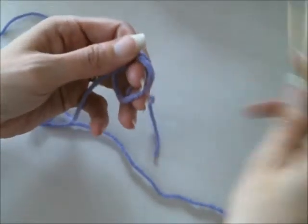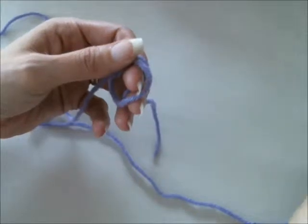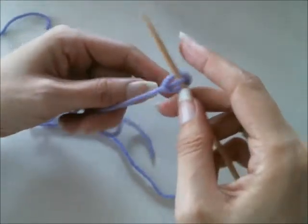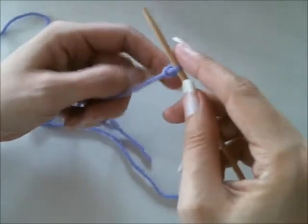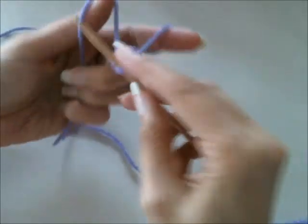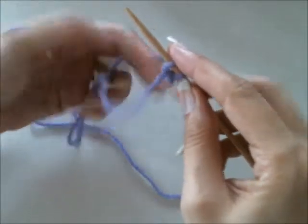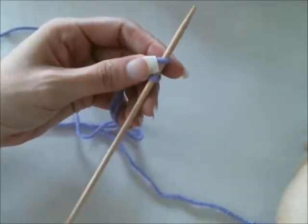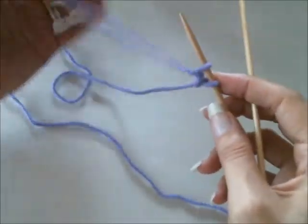It's helpful to use a provisional cast on so that you can pick up your cast on stitches later, but really any type of cast on will work. And I am just going to use a long tail cast on for the sake of getting on with things quickly. So for this garter tab, we're just going to cast on 2 stitches